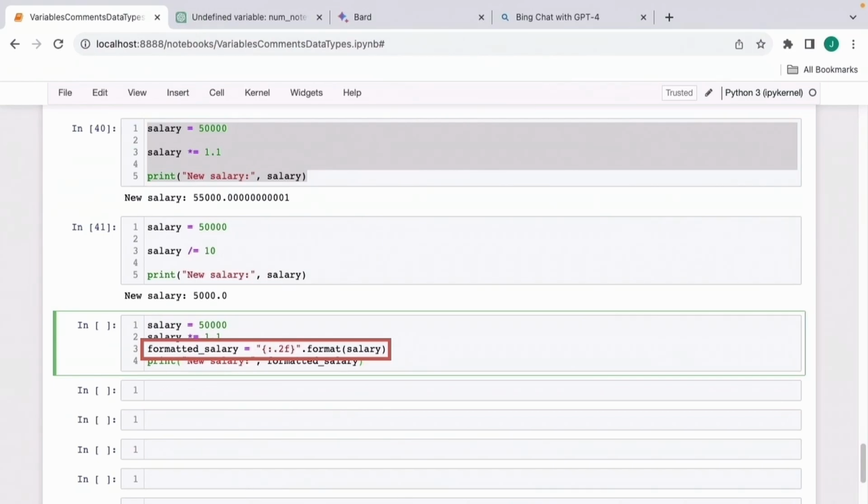Here I format the salary using a format specification. The format specification is the same F string that we've seen before. Colon point 2f basically formats the floating point number showing just two decimal places. Colon point 2f is within curly brackets indicating it's an expression, and the dot format actually evaluates the expression